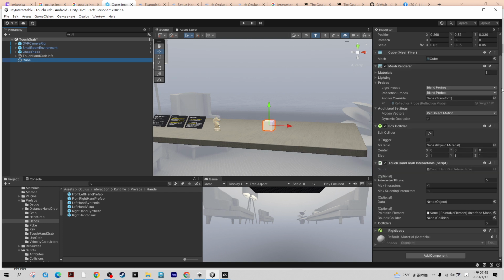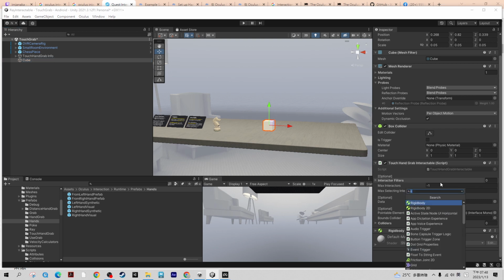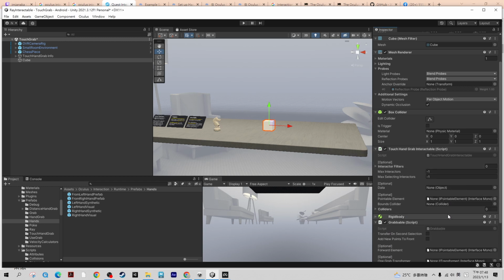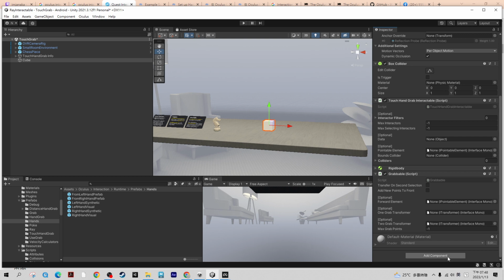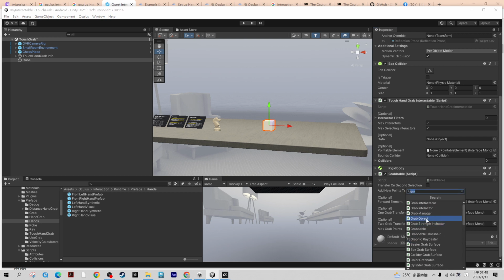Then here this one is the touch hand grab interactable, okay. Then this one is a grabbable, it's like a grabbable, okay. And then in case you would like to have a physics grabbable, okay,